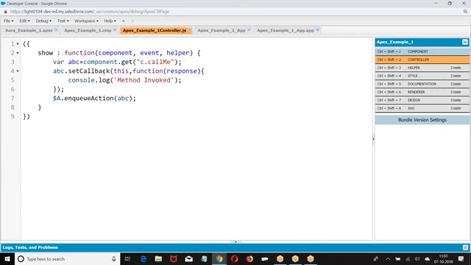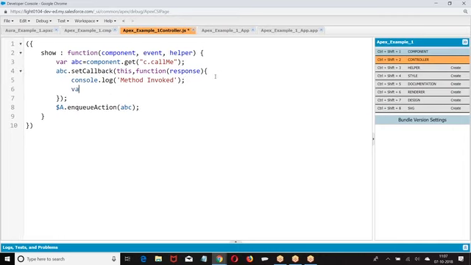Now when the method is invoked, is the method operation a success or a failure? Method being called doesn't mean that the method operation was successful. There may be a DML exception, an arithmetic exception, a callout exception, X, Y, Z. You have called a method, but how do you know that the operation is a success or a failure? So what should I do? I have to get the state of the method.